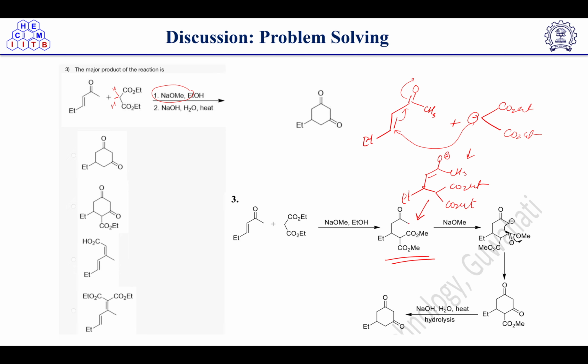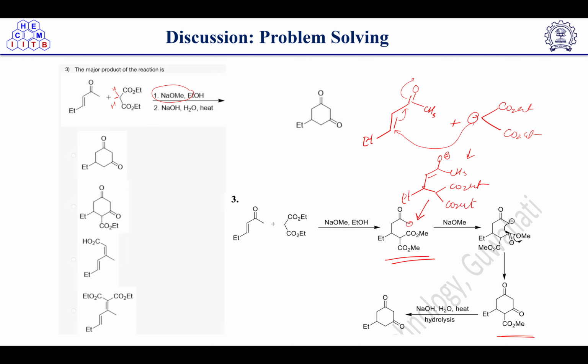Then again we have base in the reaction, so it will abstract the proton, correct? So base will abstract which proton now? This is the proton and here also is a proton. So this proton is less hindered, right? So it will take up this proton. Okay. Abstraction of this proton and enolate formation will take place, and then this negative charge will attack on the carbonyl center of the ester group, and OMe will knock out